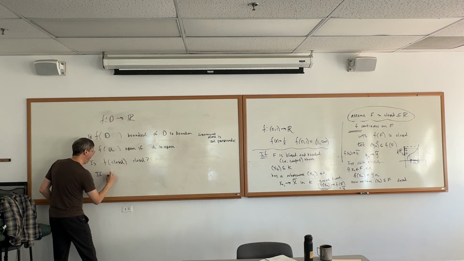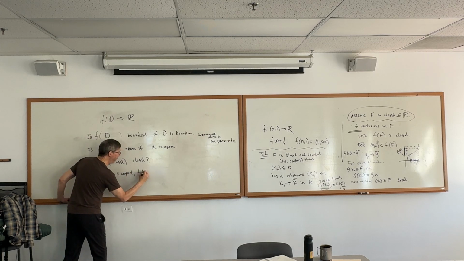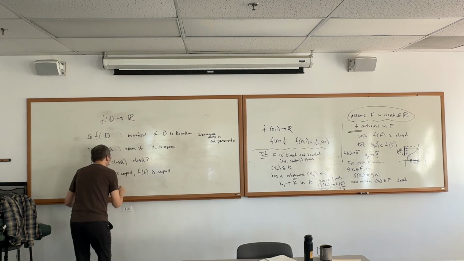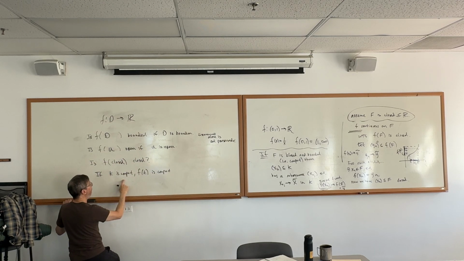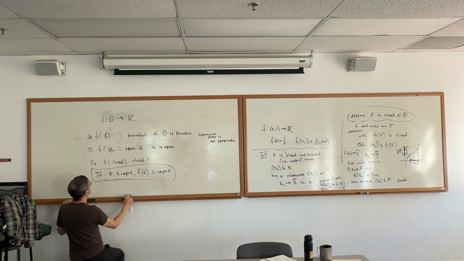if K is compact, then f of K is compact. And I kind of just did the proof right over there. You take a sequence of points here, pull it back to here, get a subsequence. That subsequence has a limit, and then you basically almost have the proof of this right over there. So this is a fact here. The other one sure feels like it has to be true, but the proof of it is feeling a little elusive to me right now.